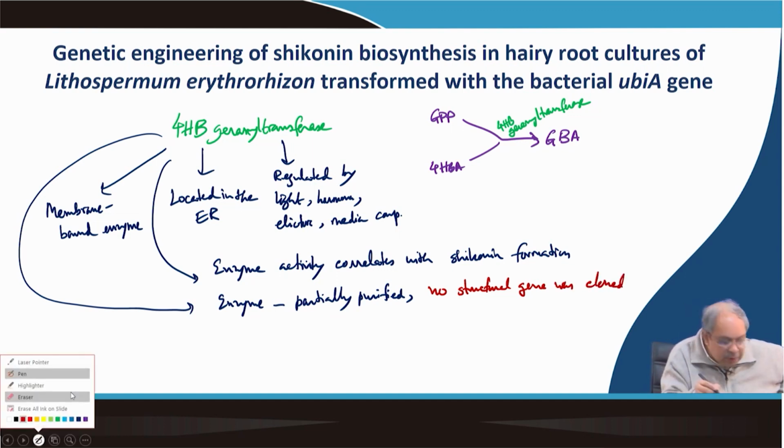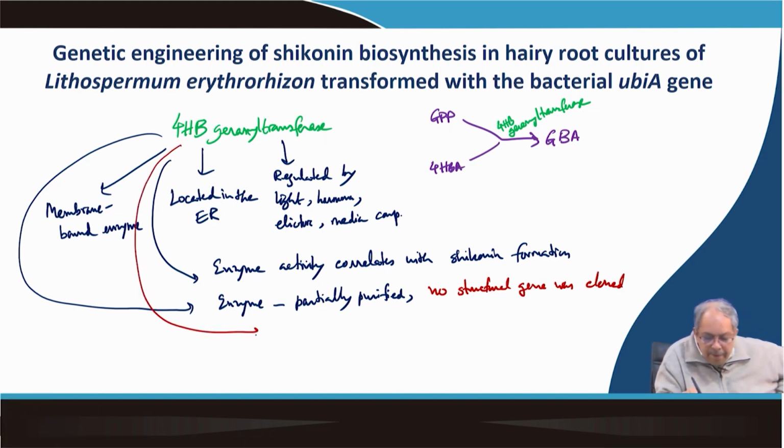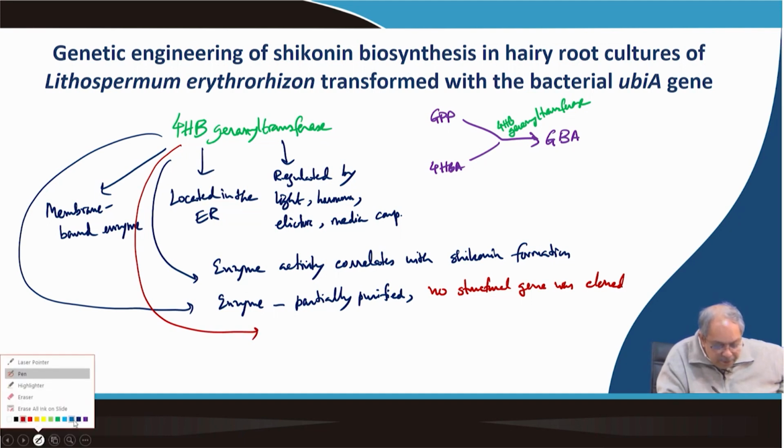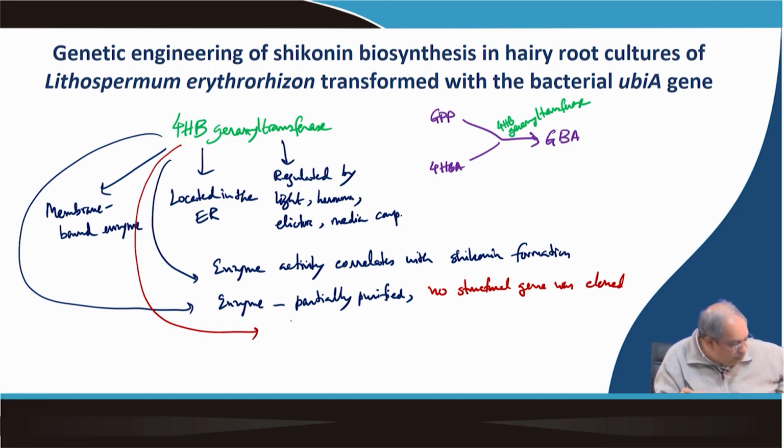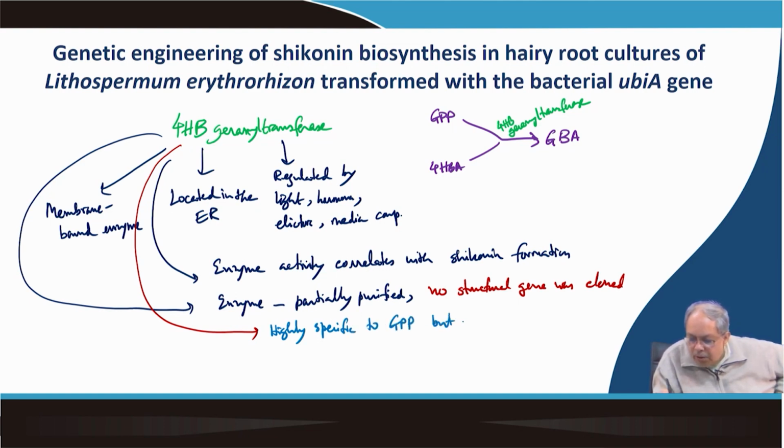And the last point is that this is highly specific to GPP, but not FPP. So, therefore, the 4-hydroxybenzoate geranyl transferase is there in the pathway, but the gene is not available in hand, but